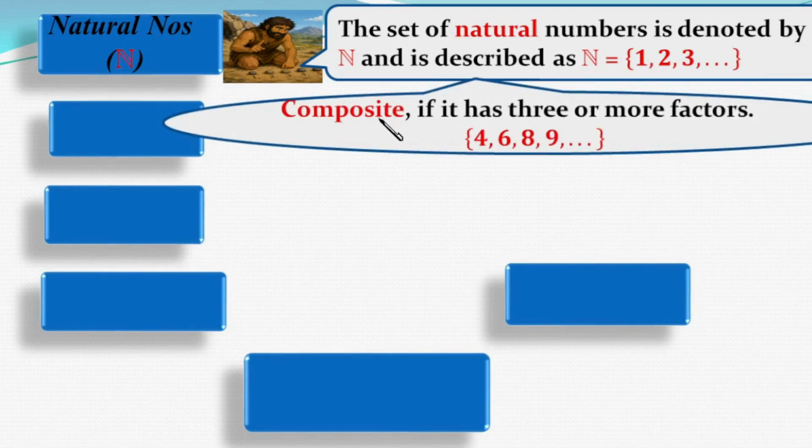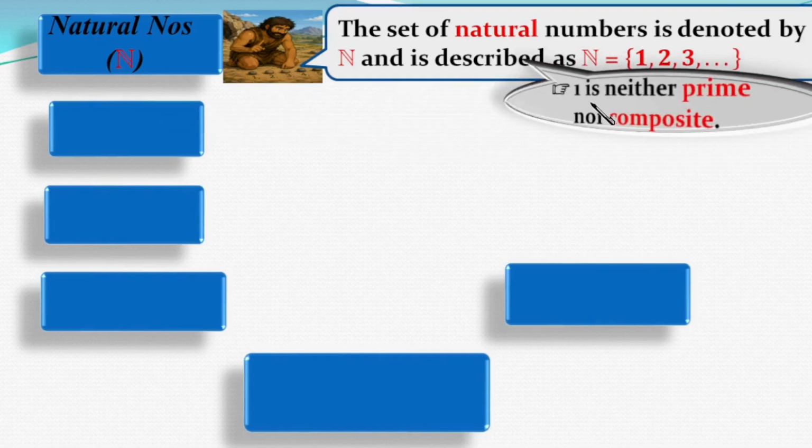And the other is the composite numbers. If a natural number has 3 or more factors, we call it a composite number. Now remember, 1 is neither prime nor composite. This is important. We cannot consider 1 as a prime number, and we cannot consider 1 as a